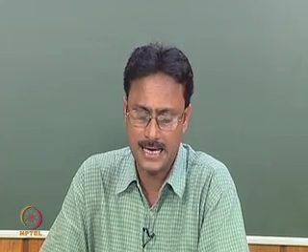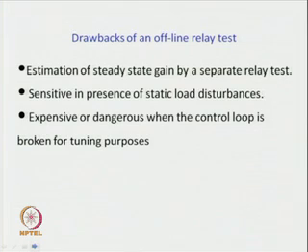So, basically we make use of the measurements and the analysis to estimate the time constant and time delay of a transfer function model. In that case, it is required to estimate the steady state gain by a separate relay test or using some other analysis, because